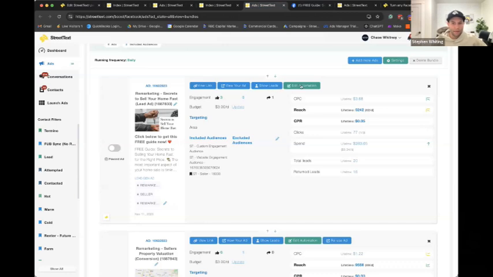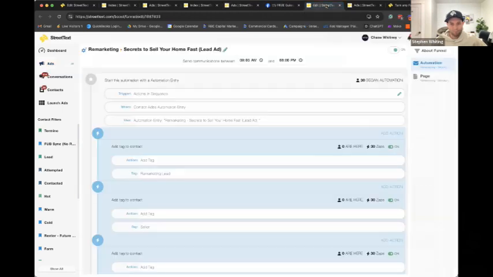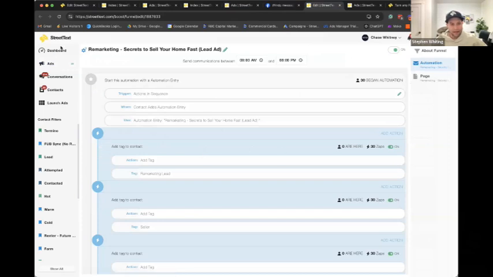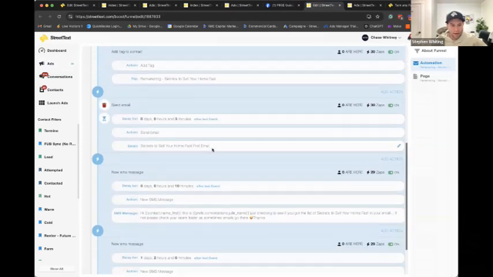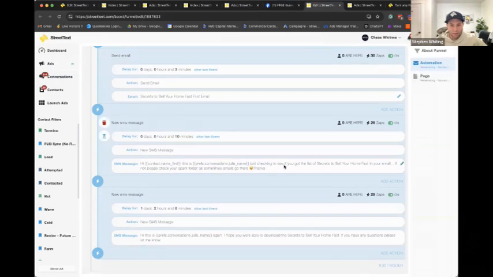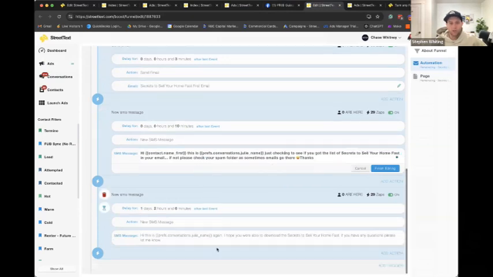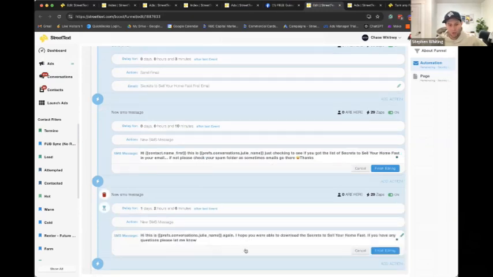But it's even better than that. If I click on, say, edit automation on this for a moment, and so I'm going to open this up for a quick second, you can actually see that when the person clicks on this guide and they interact with it, we're actually going to automatically send them a bunch of text messages as well. And these text messages are asking to see if they got the guide. If not, check your spam folder. And once again, it's just a quick little reach out to them about the guide. So not only do they get what they wanted, but you're actually going to be sending them text messages automatically to re-engage them. And again, these are people now that were already leads in your system.